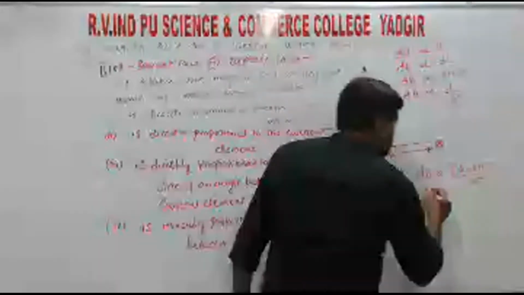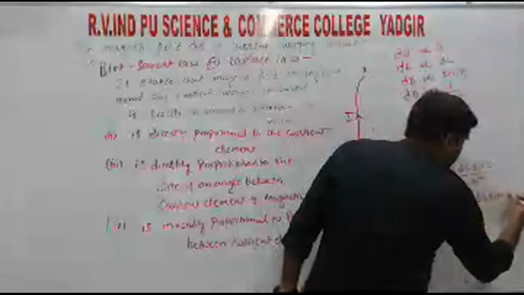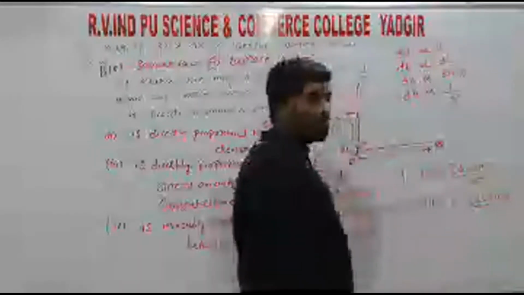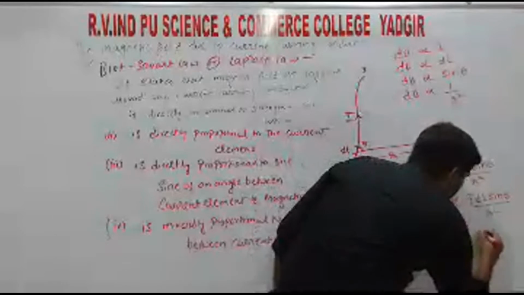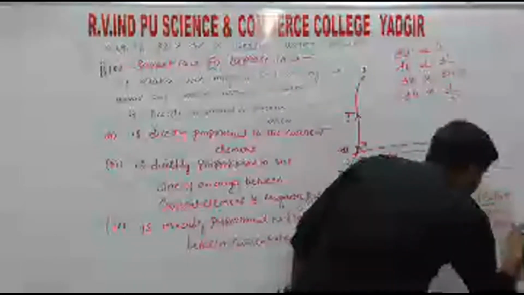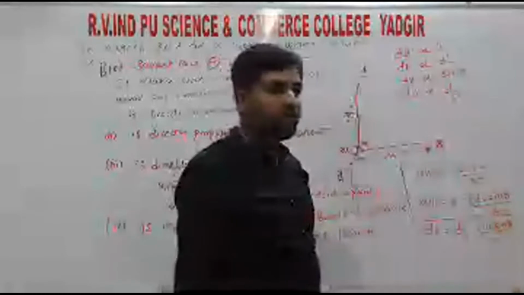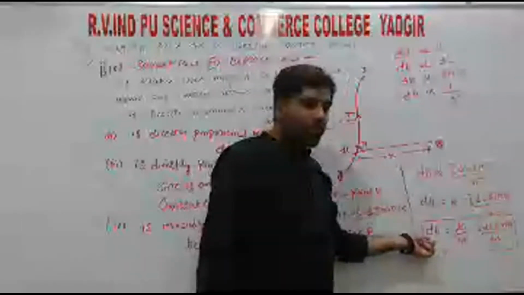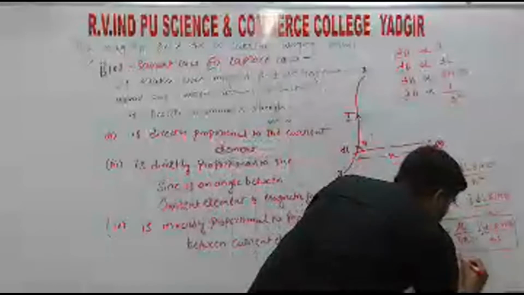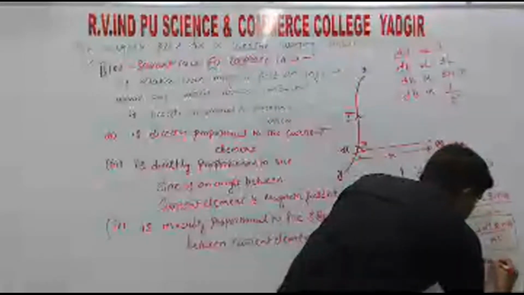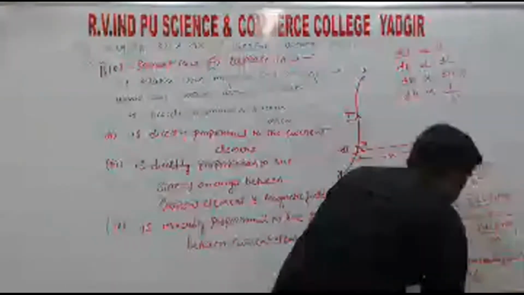Now remove the proportionality constant. So that is equal to k into I dl sin theta divided by r square. When k is a constant, we can substitute the value that we got from experiments, mu naught divided by 4 pi, into I dl sin theta divided by r square. So this is the Biot-Savart law in mathematical expression. Mathematically, to write the Biot-Savart law, dB is equal to mu naught by 4 pi into I dl sin theta by r square, where k is a proportionality constant and that value is equal to mu naught divided by 4 pi, where mu naught